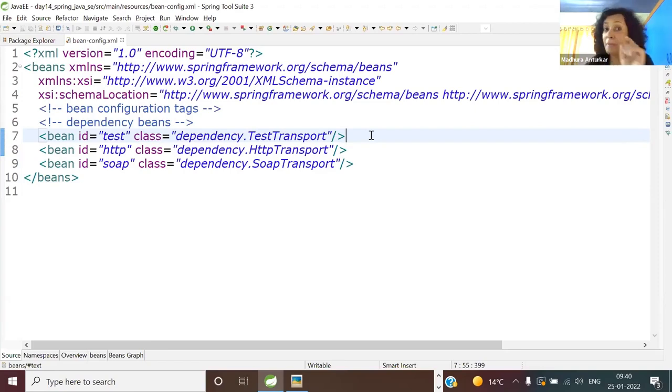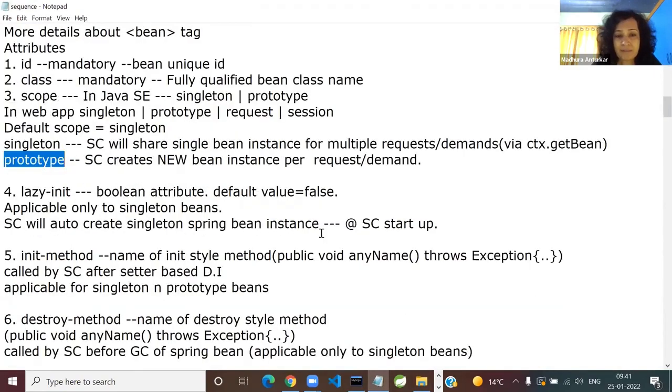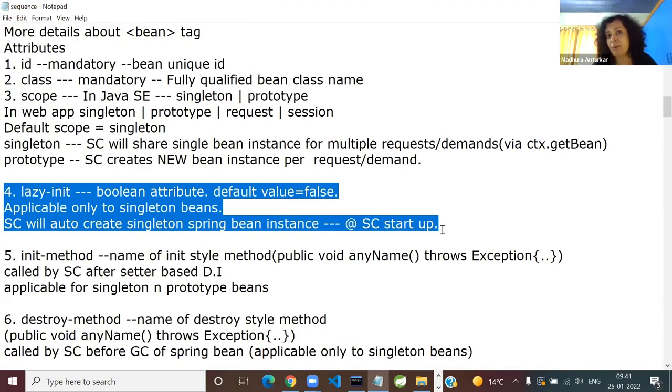So tell me, I'm always connecting it to the web container and servlet. That is the reason I spend so much time on servlet. Tell me, what is the web container's policy for servlet? The default policy, lazy or eager? Web container, servlet loading policy, default, lazy. But here it is opposite. So read the next attribute here. And I hope you'll be able to connect it to your servlets very, very easily. Read that.